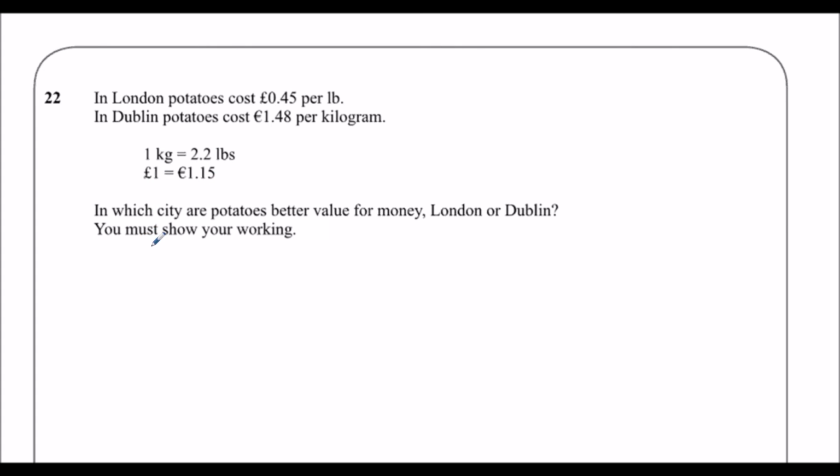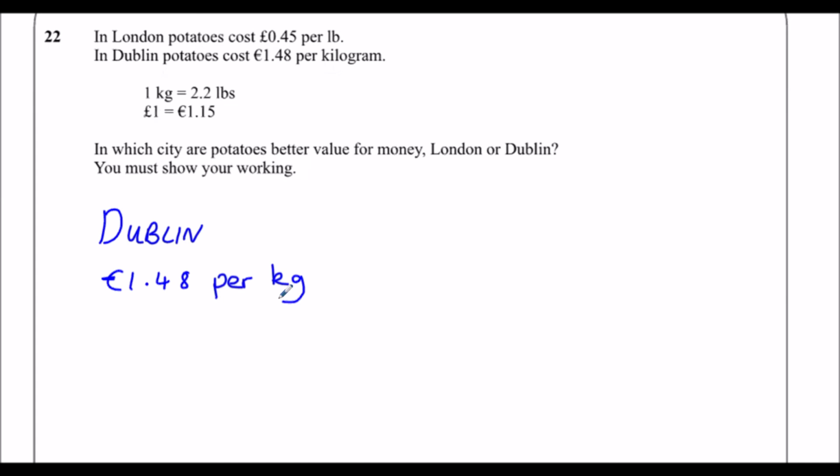So in which city are potatoes better value for money, London or Dublin? So let's start with Dublin. And let's convert. So at the moment we've got €1.48 per kilogram. And we're going to change this into